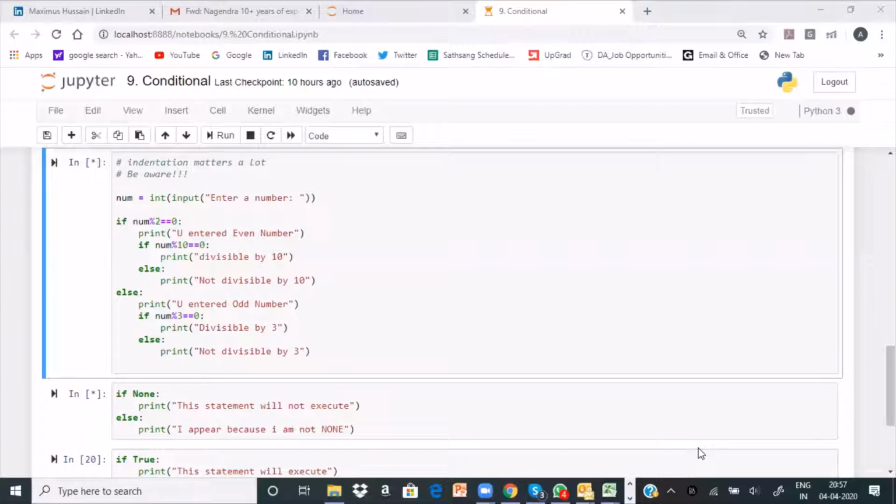Instead of using del, he is using the pop function. Two things: one, he iterated the loop; second, instead of del, he used the pop command. There are so many ways you can do that. Good, Pradeep.